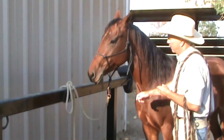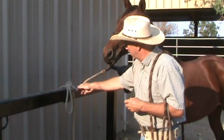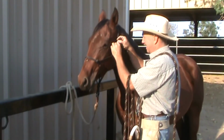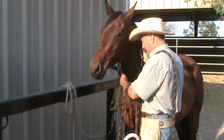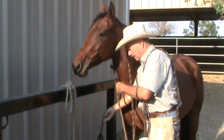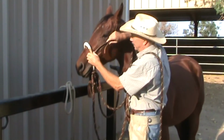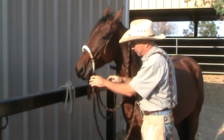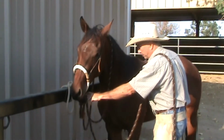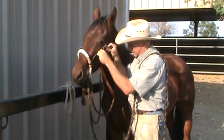So I wanted to show how I fit this on her. I got the camera on a tripod, so I sort of have to get her to stay put here. If she will. She's getting pretty gentle with all this. I've ridden her now 8 times, I think. I don't want to lose her out of frame here. So anyway,